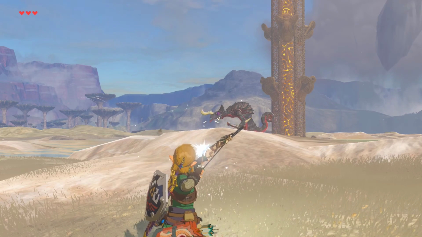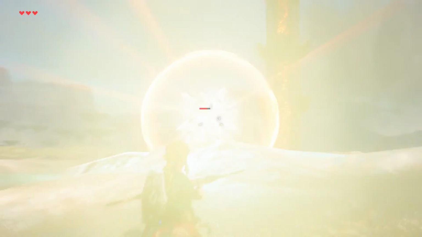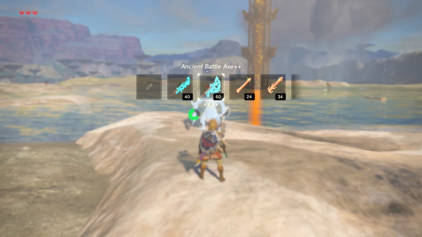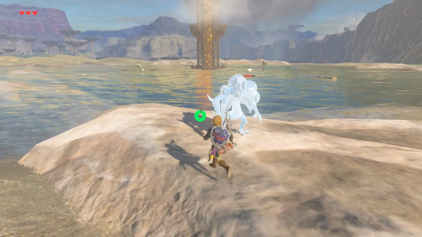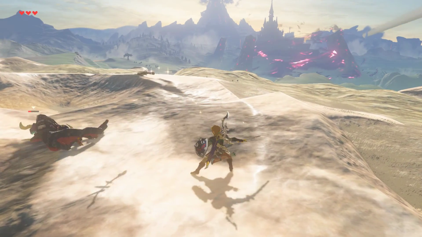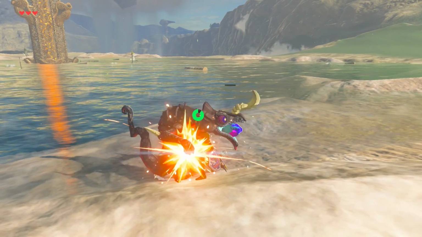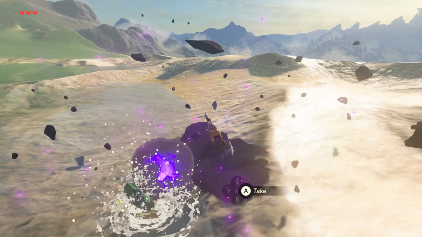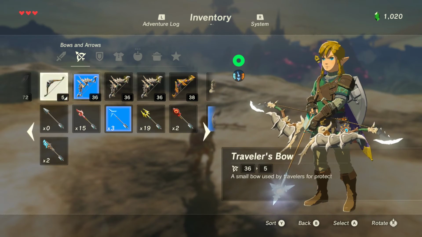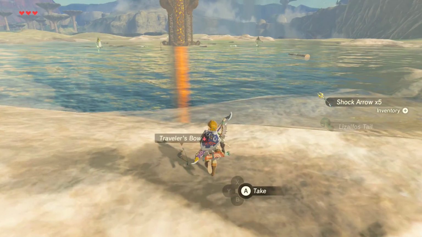Okay, let's use nice arrows on this guy. Oh, wait, stop. Oh, and I've seen it. What's my best weapon? What's my best weapon worth using? Let's not hit him into the water because it'll make it harder. Oof. There we go. Alright. More shock arrows. Let's trade up. Nice. Nice. Also good for